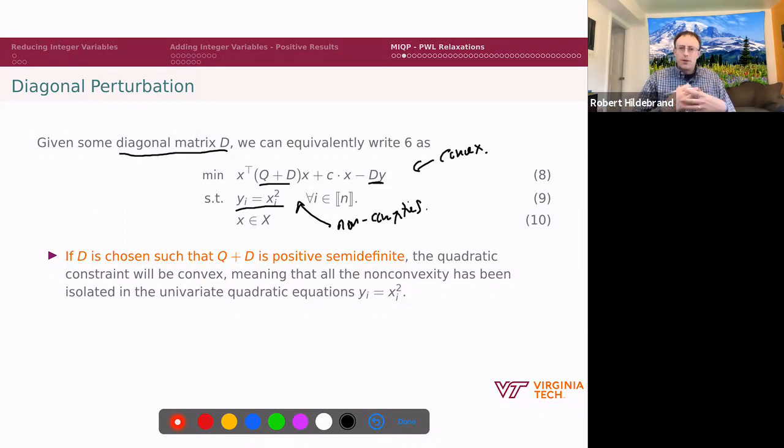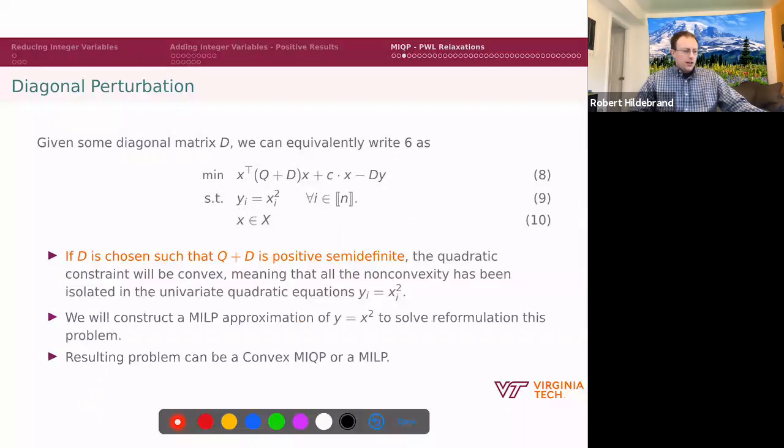I'm going to talk about ways to model Y equals X squared and hopefully convince you there's some interesting ideas of how to do this. Okay,